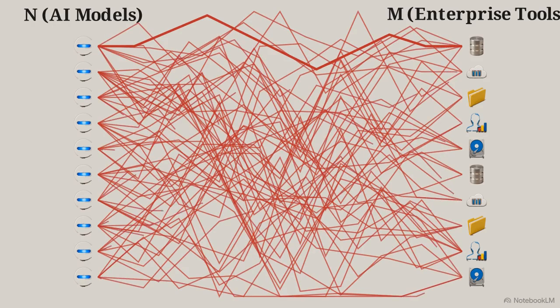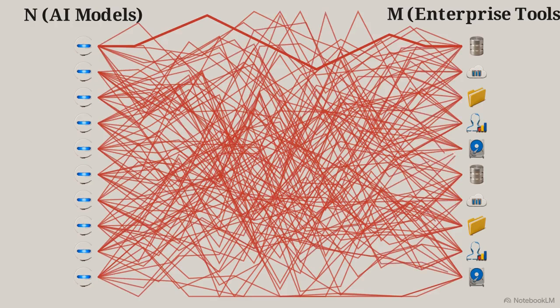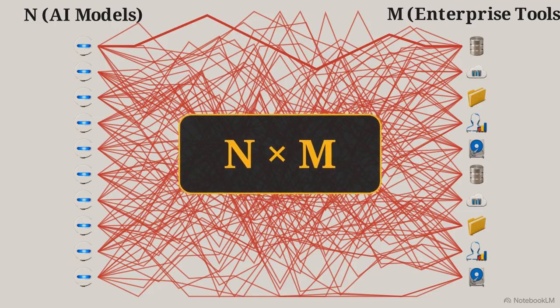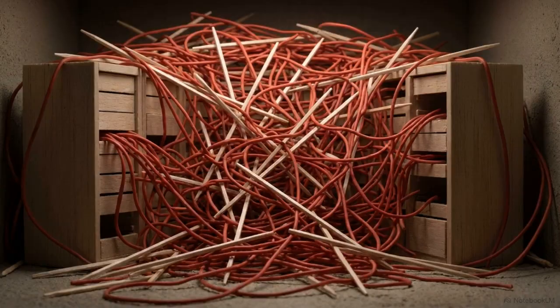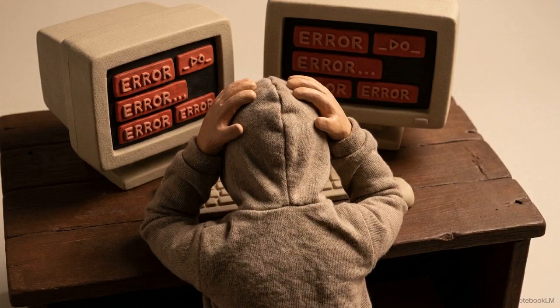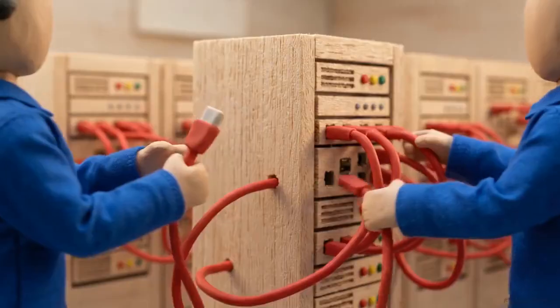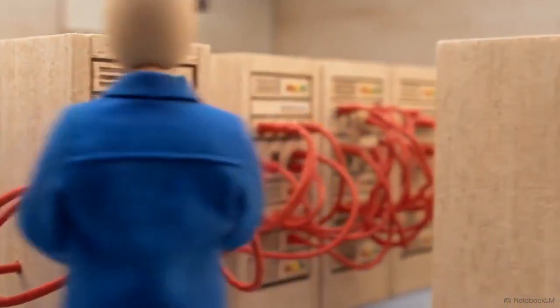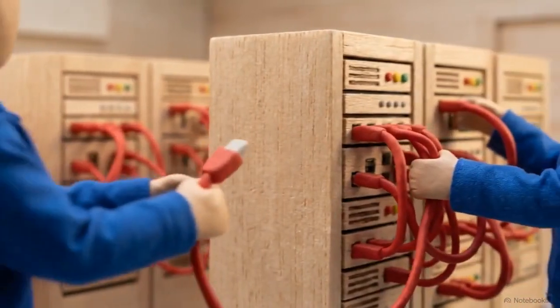When you multiply the growing number of models by the growing number of tools, you get an exponential explosion of custom connections. To keep everything working, developers have to draw a custom wire between every single pair. Following this exponential curve meant that software engineering teams were about to spend all their time maintaining brittle custom wires, leaving no time to actually build new AI features. The industry was speeding directly toward a structural wall, where the labor of maintenance would eventually outweigh the pace of